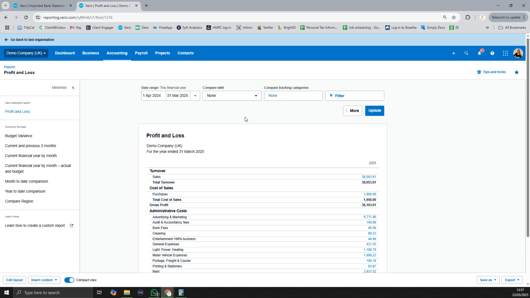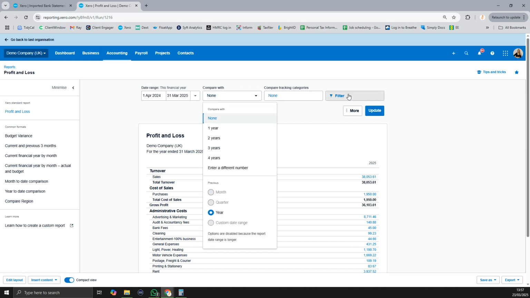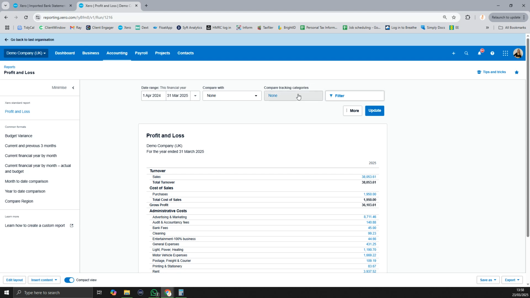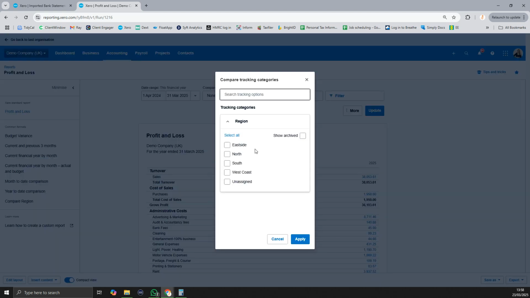This is going to be for you to check that you have made sure to assign everything to your tracking categories. So in this demo company, they are using tracking categories, and they're using east side, north, south, west coast, and unassigned. So what you want to do, this is your third check to see whether your Xero has any errors,